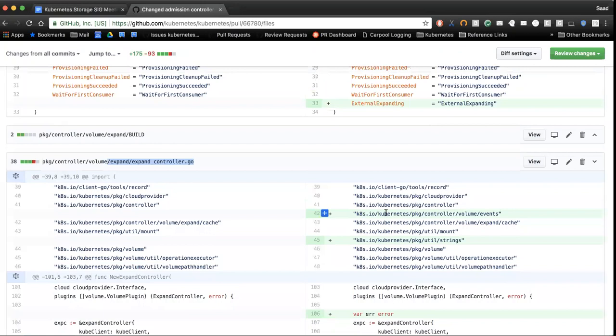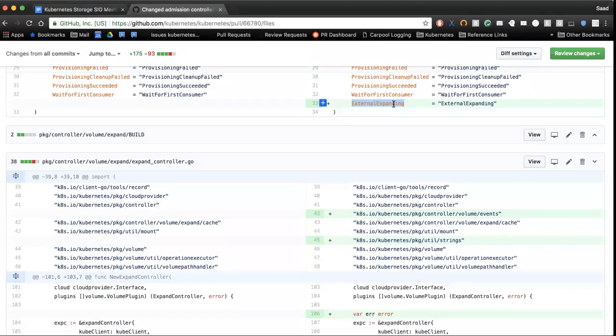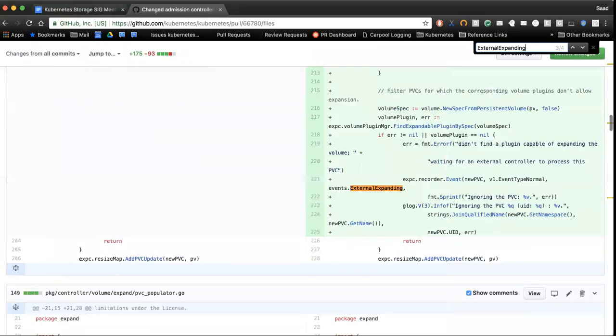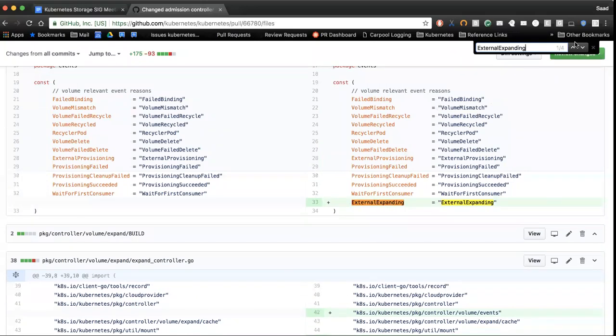we're not going to have any entry controller. So if we had an event here for, I don't know, external snapshot, then the external snapshot controller would be responsible for triggering this event. Right. So the call out here is that we just need to ensure that the possible enumeration here captures all the events that we do care about.